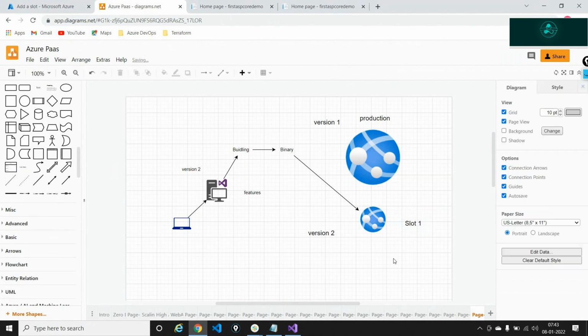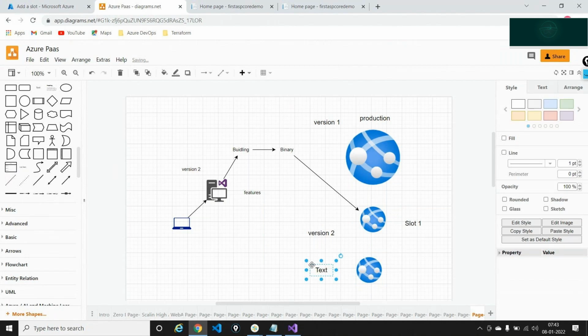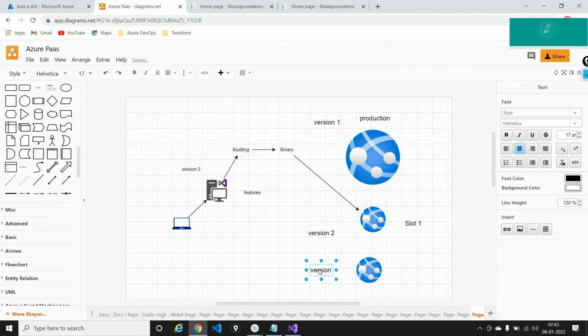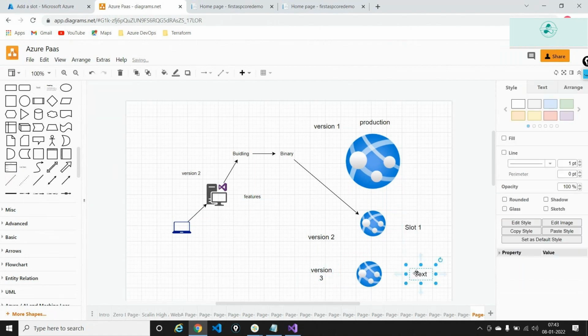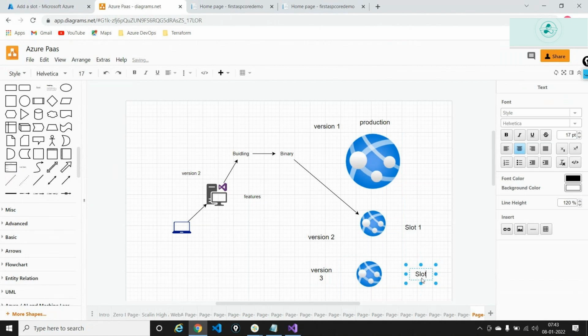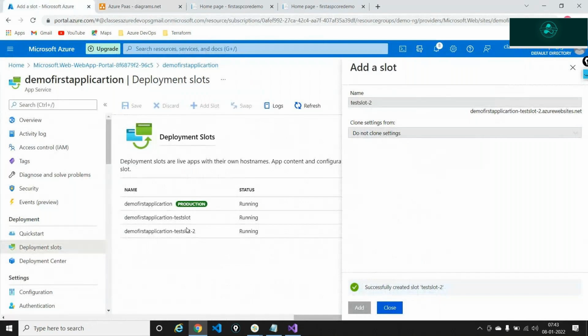Now I am going ahead and creating another slot for version 3. This is called slot 2, and it will hold the code for version 3 right now. So we have created slot 2.